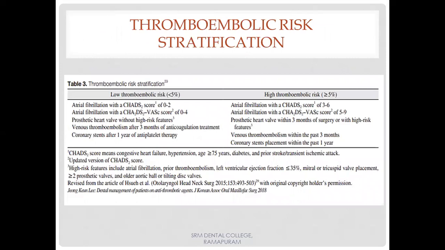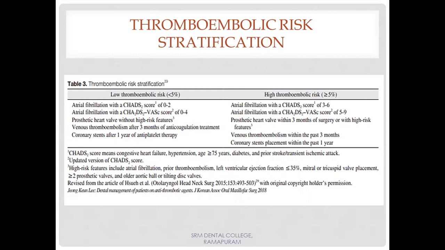So we should categorize patients into low thromboembolic risk and high thromboembolic risk. Patients with atrial fibrillation with a CHADS score, which is a scoring given for such patients: a score of 0 to 2 or 0 to 4 will be of low thromboembolic risk. A patient with a score of more than 3 to 6 or 5 to 9 will fall under the category of high thromboembolic risk. A patient with a prosthetic heart valve without high risk features falls under low thromboembolic risk, and